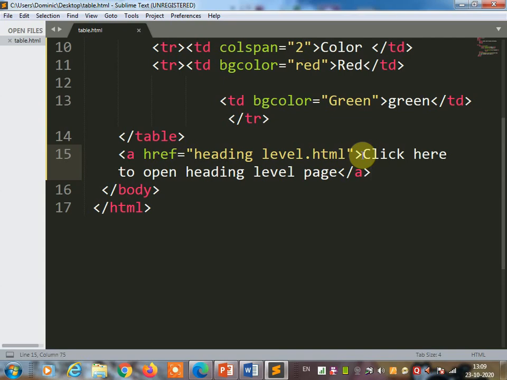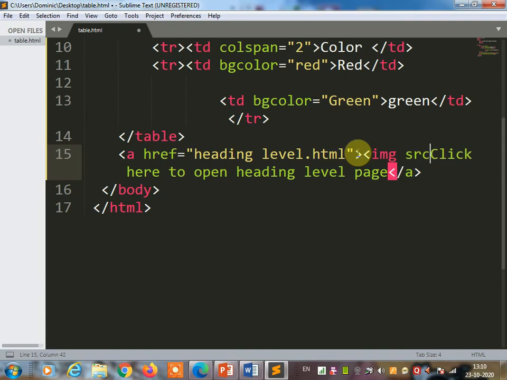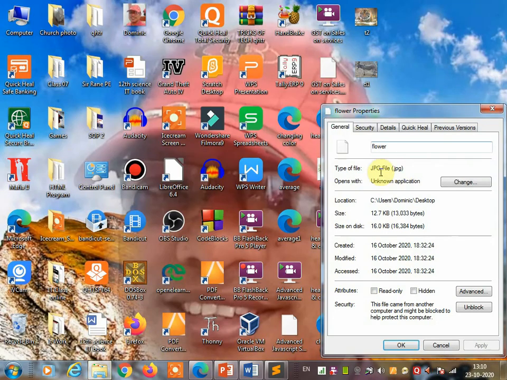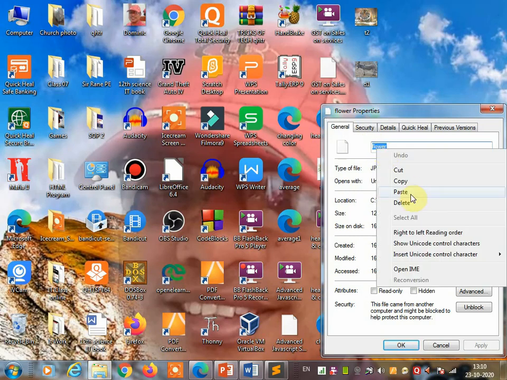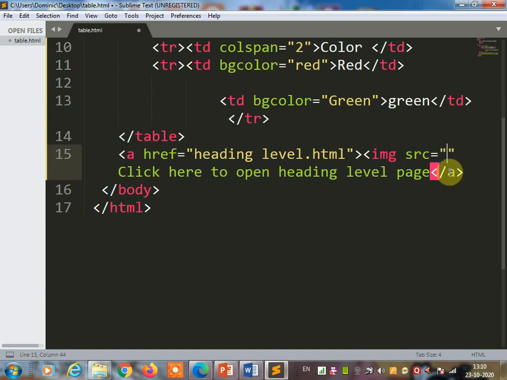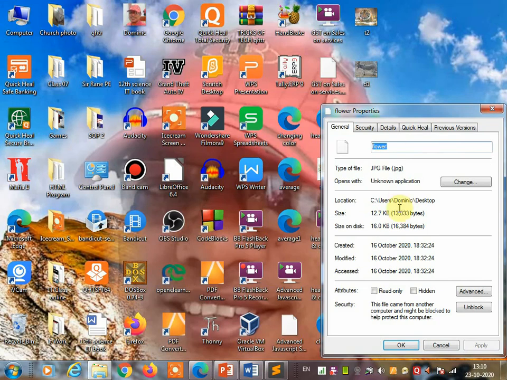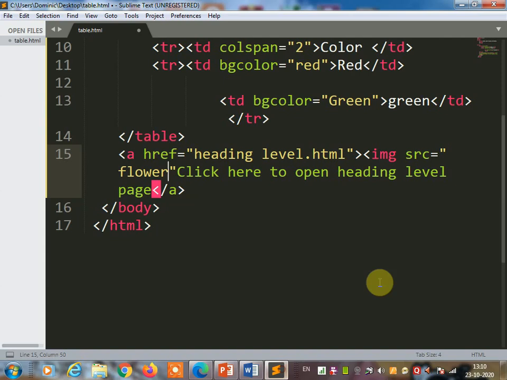Now I am going to insert the image over here by using the img tag, then you have to use the src attribute, and which image you are going to take over here, you have to specify in double inverted commas. Now I am going to take the image which is here, this image. So right click, go to the properties and take the name of the image, copy and paste over here, paste, and then see the extension. What is the extension of this image? JPG. The extension of this image is JPG. So you can write over here the extension .JPG.